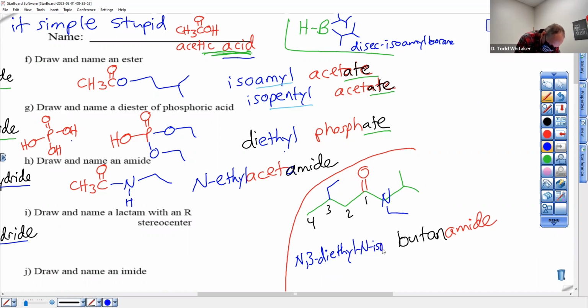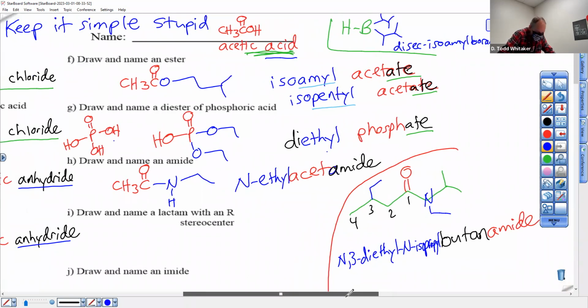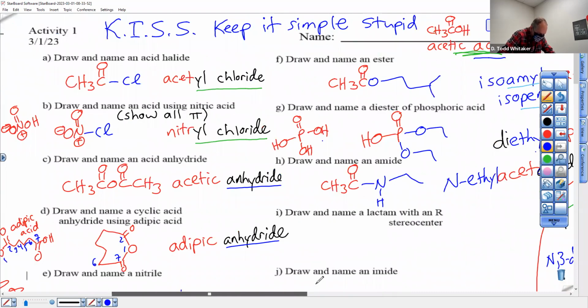Think thin. Okay. Isopropyl, if you're having trouble reading that. Good stuff. Almost a long activity, huh? That's a double if I ever saw one. You don't have to put that on your quiz or activities.